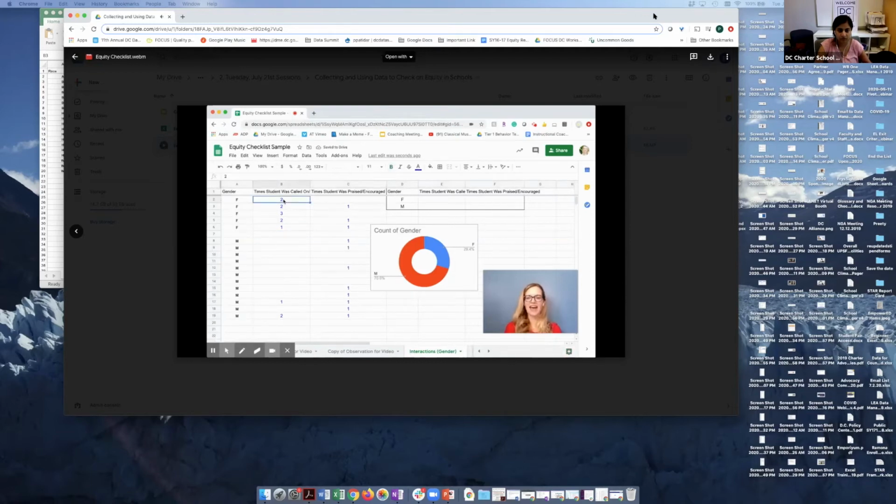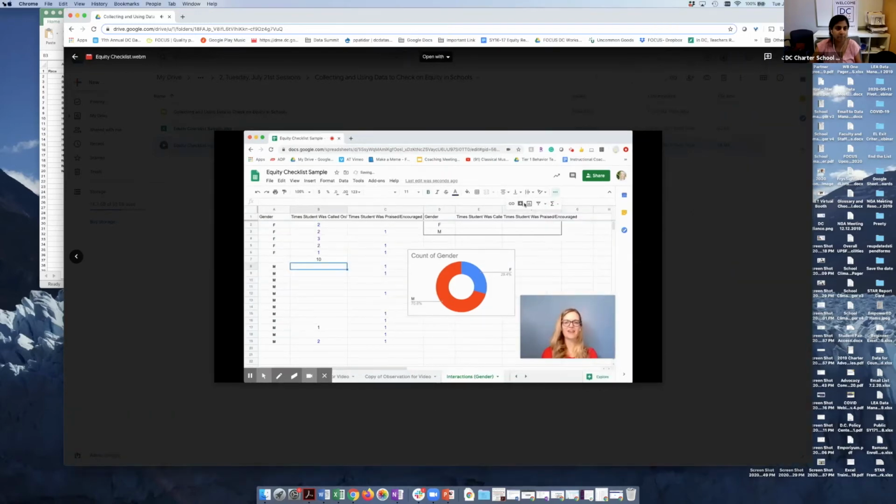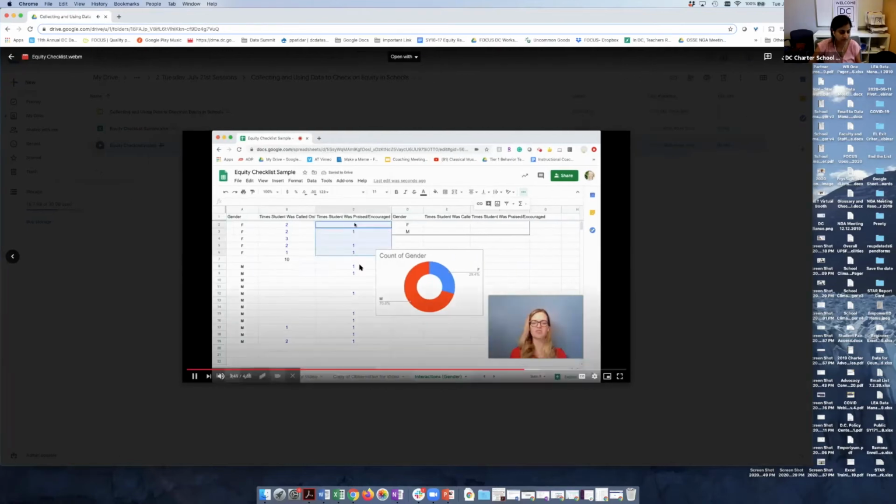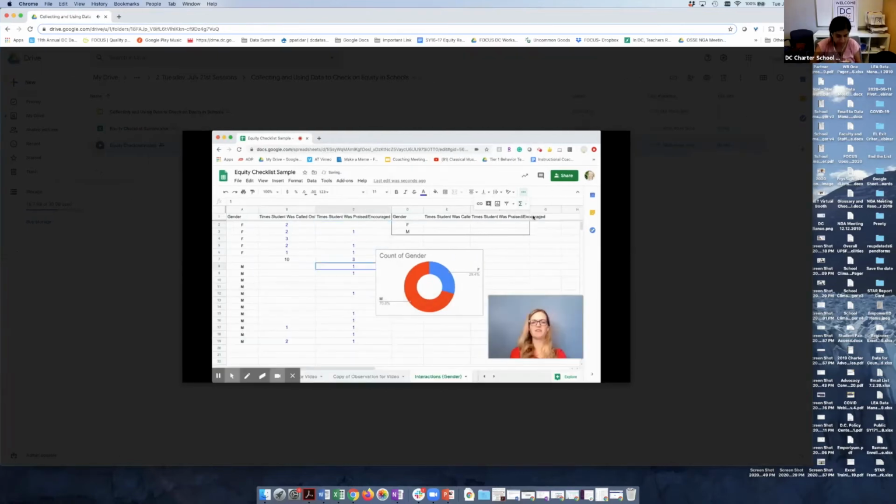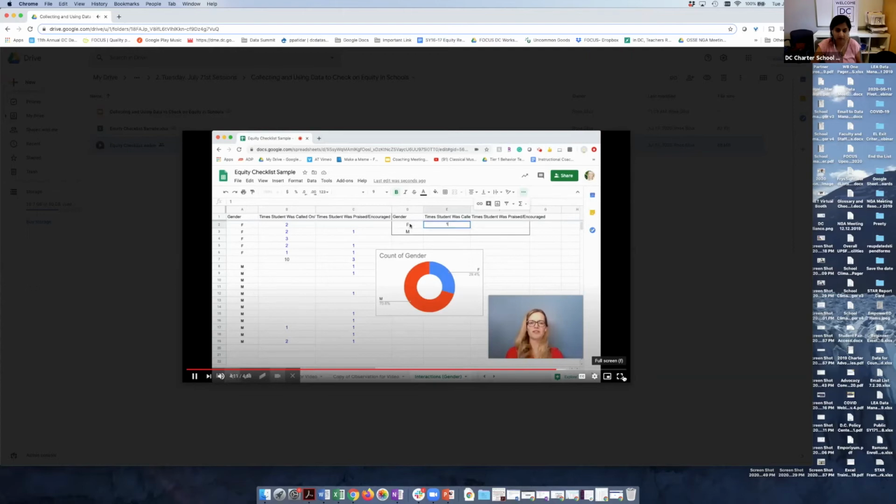To add something up in Excel, I can do it pretty quickly without having to use a calculator. I can just select the data set, click sum, and there we go. It tells me how many times female students were called on. I'm going to do the same thing with how many times female students were praised. And I created another chart over here to create a data set that will easily translate into a bar chart. So I'm going to type in female students were called on 10 times, praised 3 times, and